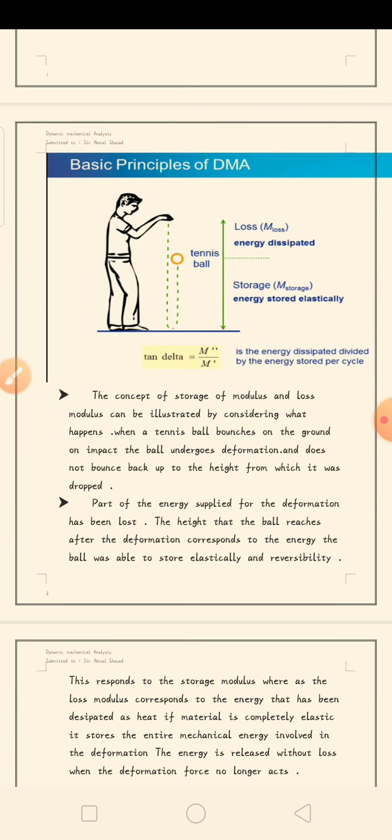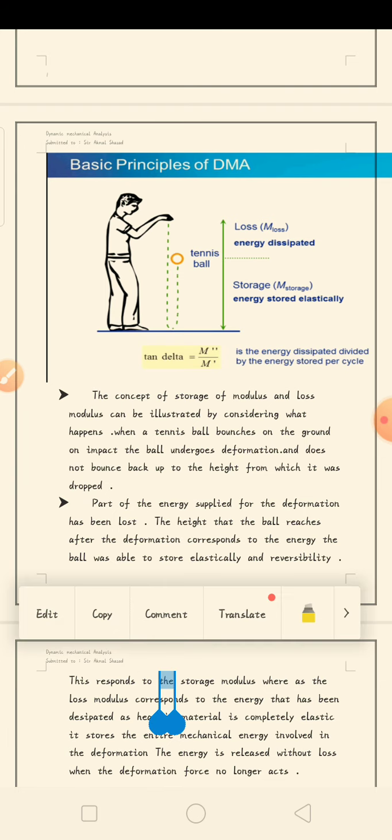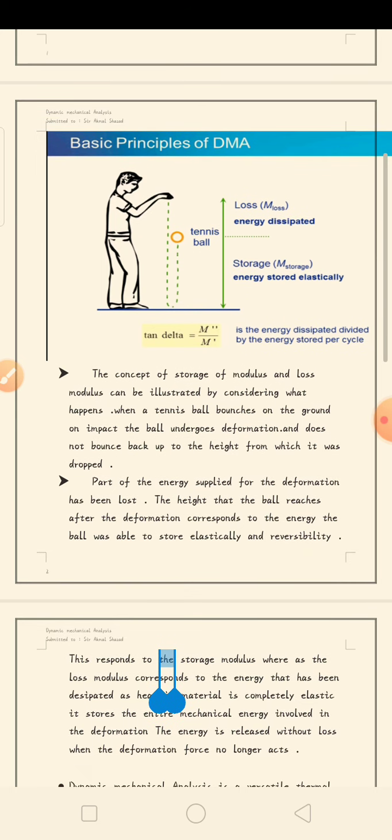For example, take a steel ball. A steel ball bouncing on a hard surface bounces back up to the original height. This contrasts with an ideal viscous liquid, in which the molecules are free to move, no energy is stored, and the energy is converted into heat. The behavior of viscoelastic materials is characterized by loss and storage components. These and other quantities can be determined by dynamic mechanical analysis measurements.